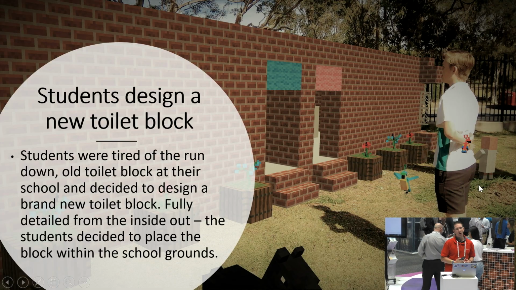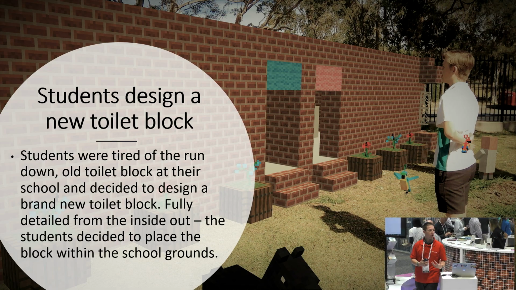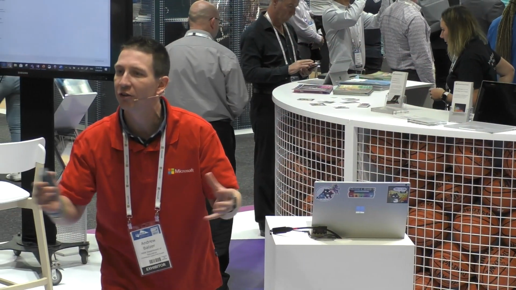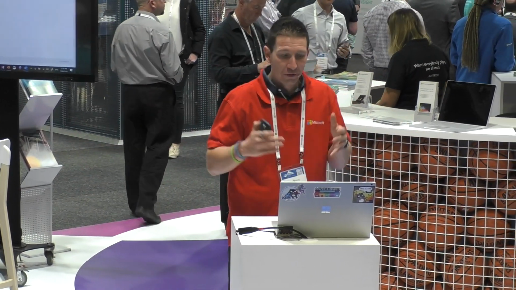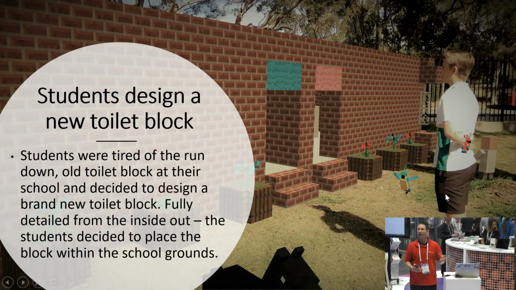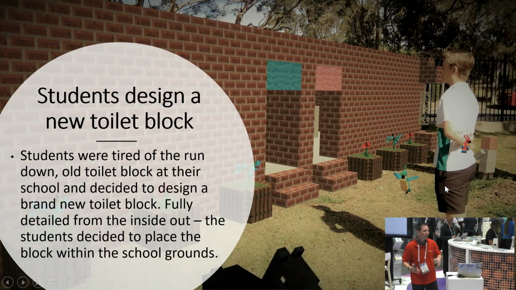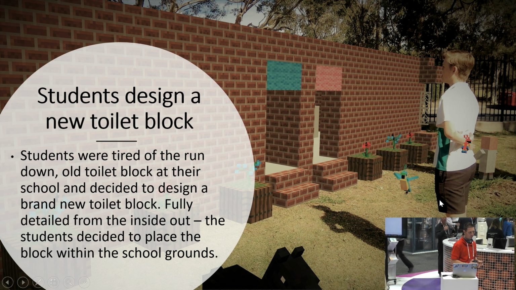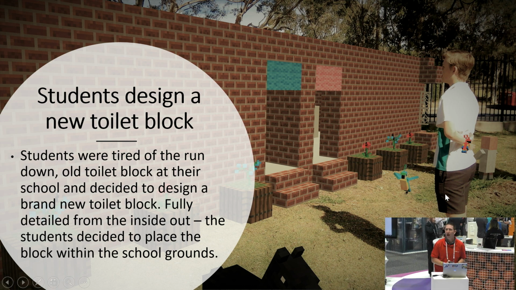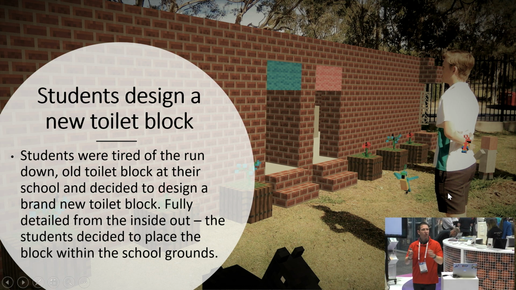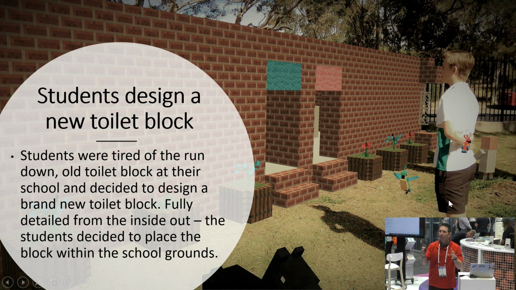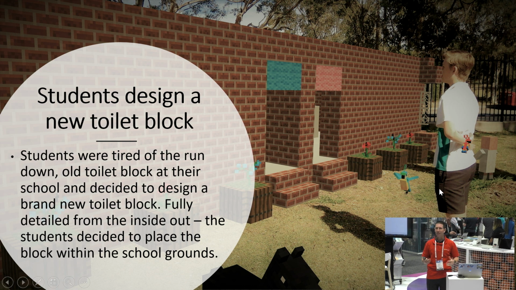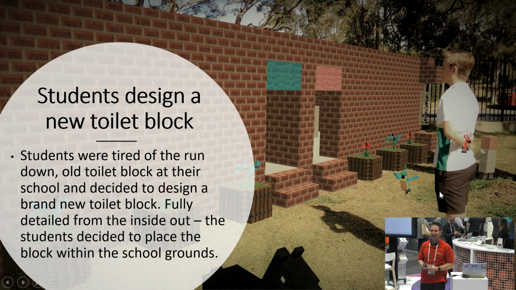The last thing that I'm finding is really blurring the boundaries of Minecraft Education Edition is that students can design things in Minecraft and then put it in the real world. This is a toilet block that students made in their school because they didn't like their old toilet block. It was stinky and smelly. So they decided to recreate the toilet block from their school in Minecraft, go out into the playground, choose where it would be best suited, then place it and take a photo of it in real time. Then they pitch it to the principal to get it reconstructed.